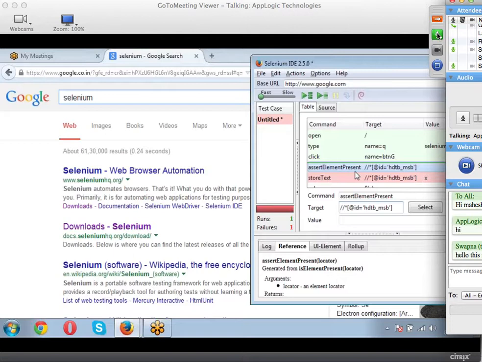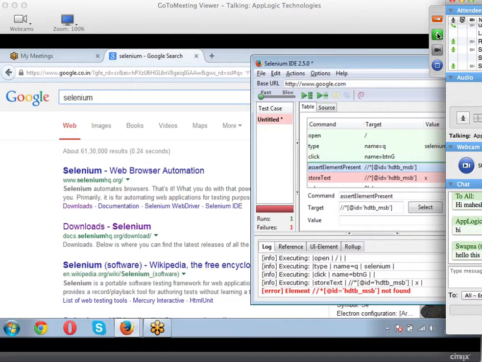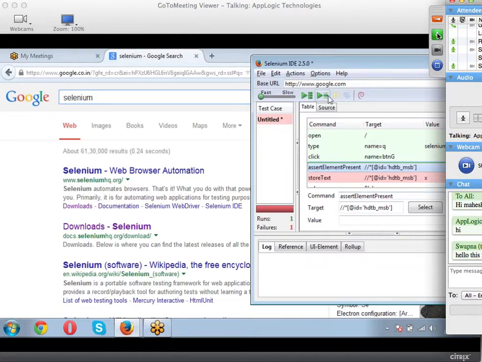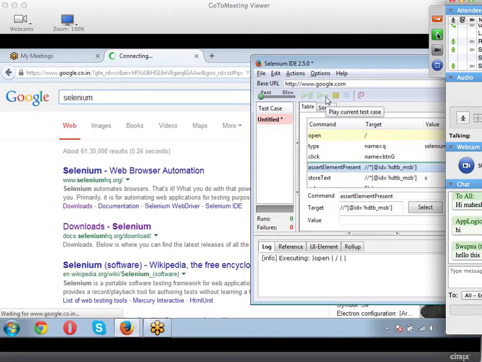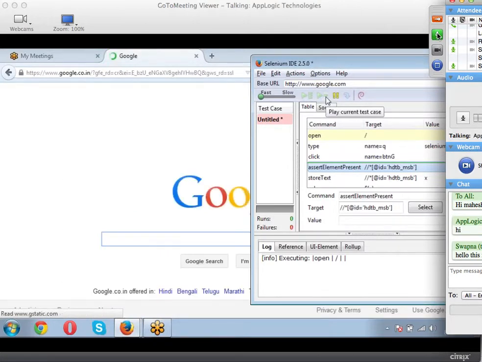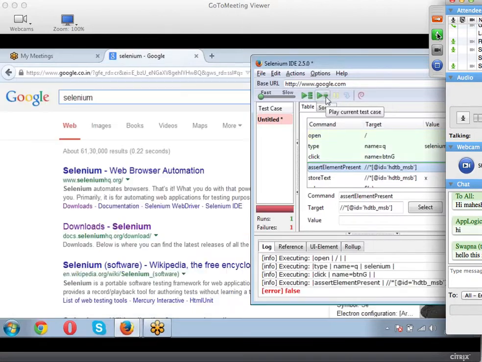Now I'm using the assert command, and I'll clear the log and rerun my script again. There you go. It has given me an error message and stopped there. It is not trying to store any text.